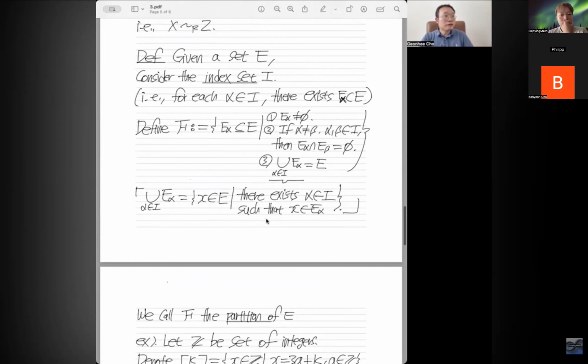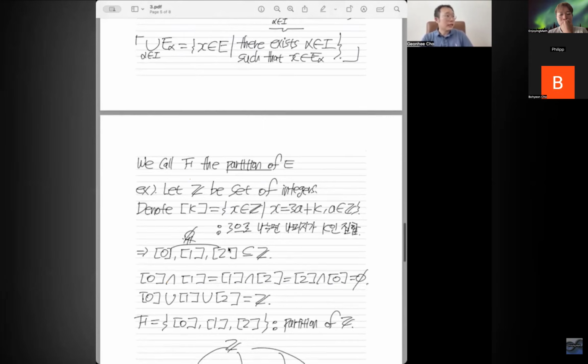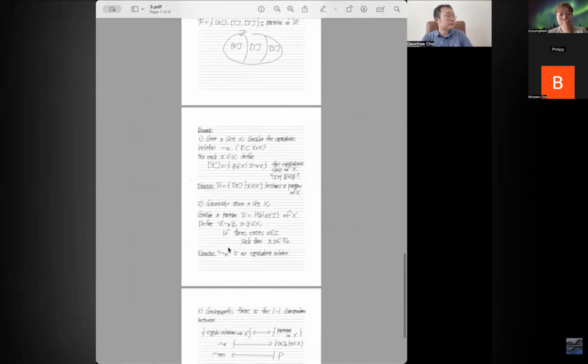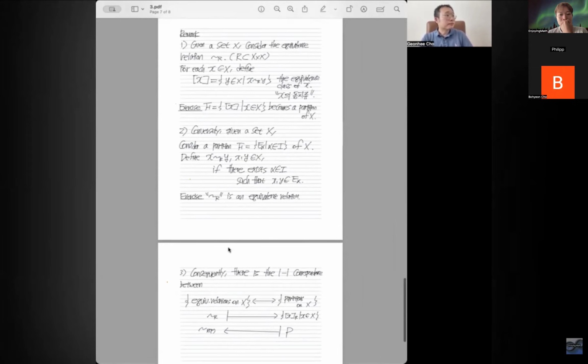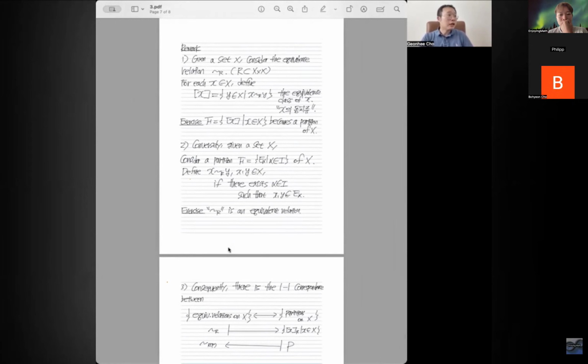A partition divides one set into several pieces that do not overlap while still covering the entire set. And in the final stage, we reached the key conclusion. Equivalence relations and partitions contain the same information. If we have an equivalence relation, its equivalent classes partition the set. Conversely, if we have a